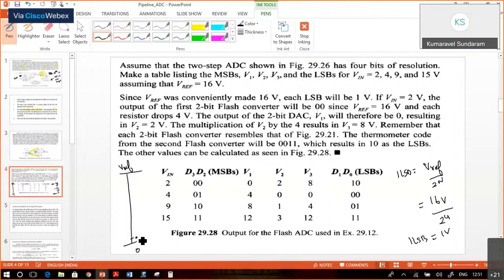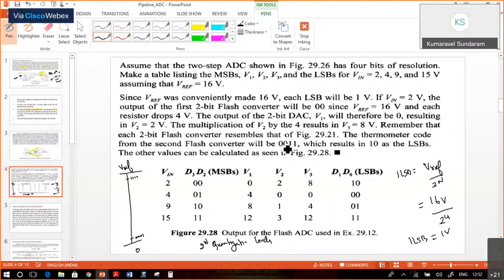So 0 0 0 1 to 1 1 1. Okay, there are going to be 2 power n quantization levels. Accordingly, if Vin is equal to 2 volt, the output of the first 2 bit, since